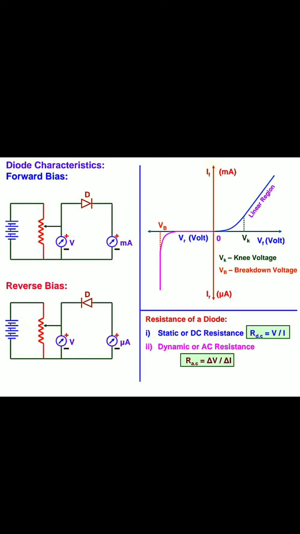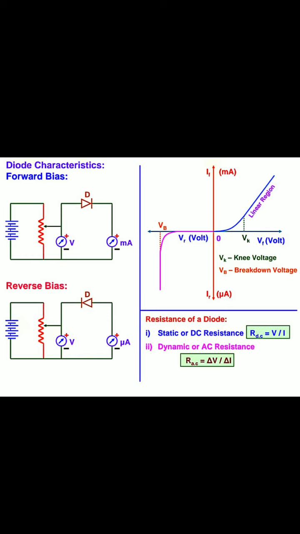So first of all you draw this circuit diagram, and here a few things are not mentioned, that this is a resistance and this is a battery, so you also mention them. And this is the IV characteristics curve. On the left-hand side, the linear region, you see that the current gradually increases. After a certain voltage, that Vk written over there, which in case of silicon is 0.7 volt and in case of germanium is 0.3 volt, the current gradually increases. So that Vk is called the knee voltage.